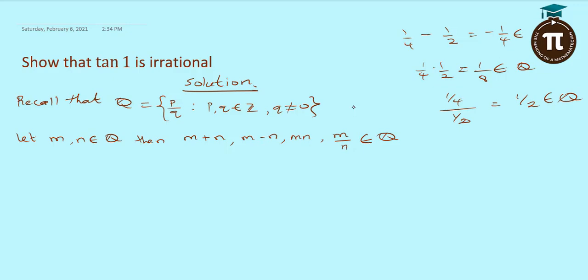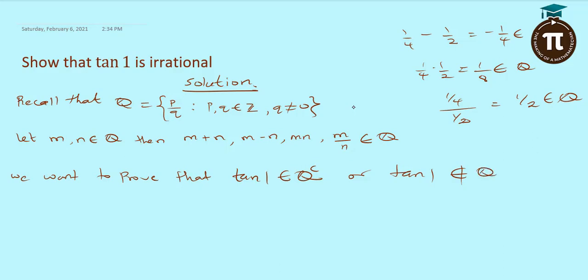The proof is we want to prove that tan1 is inside the set of irrational numbers, Q complement, or say tan1 is not a rational number, it's not inside Q. Now we prove by contradiction. Well, what is the contradiction? Suppose, for contradiction, that